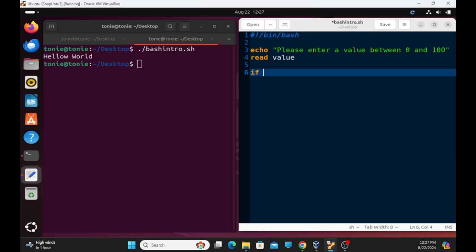If, and this is how we write the if statement, I open the braces, and then two braces to evaluate a mathematical value. So $value is to get the actual value contained in the variable. Okay, I will rather name it val so that we won't confuse the value as the meaning of what the value is and the variable itself. So if $val